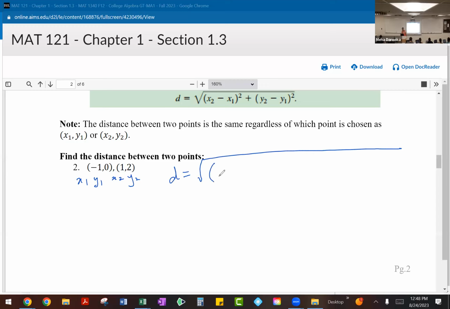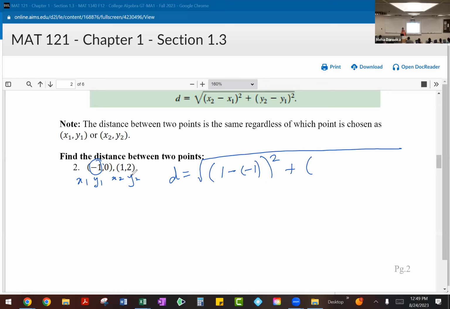Again, remember, you take the difference between the two x values, and it honestly doesn't matter which one you label as x1 or x2. The math will work out as long as you keep track of your signs. So we're doing x2 minus x1, so that's going to be 1 minus, and since this one also has a negative sign, I'm going to put that in its own parentheses. So x2 minus x1, square that,